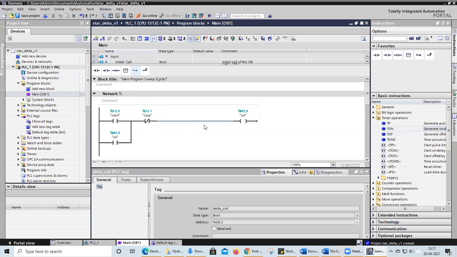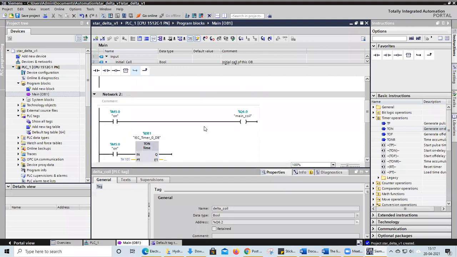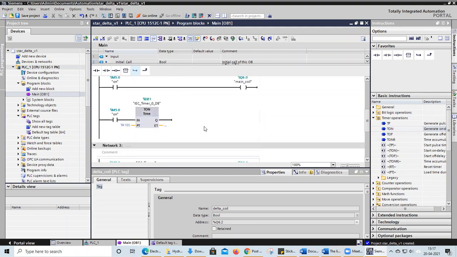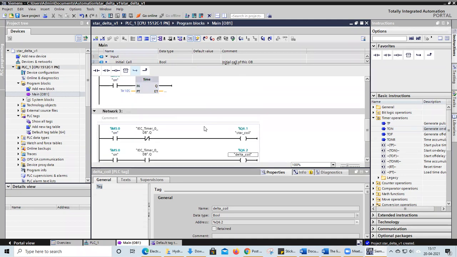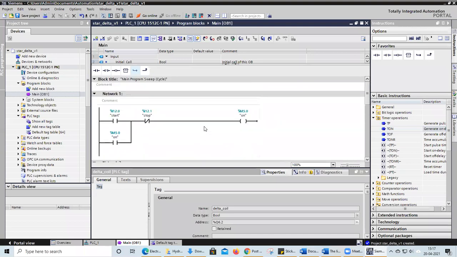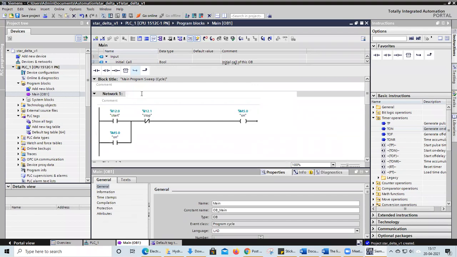Sir, I have a doubt. Yeah, sure. Tell me. Sir, why are you making the circuit in different networks? Because left and right are the power lines, so you can complete everything in one network also. Yeah, we can do everything in one network. But for my understanding, for example, in network one, I would like to write my start options. Timer is in network two, and star coil and delta coil are in network three.